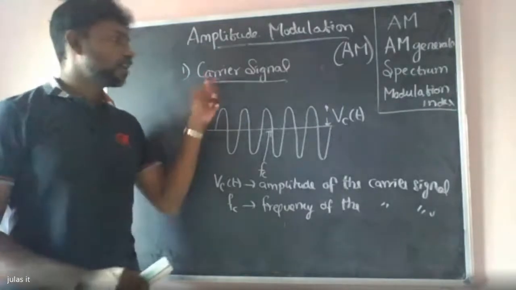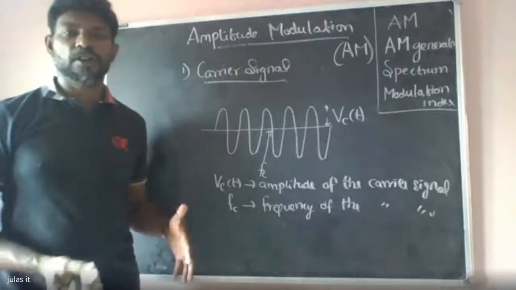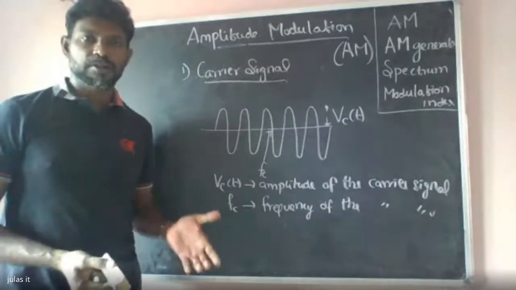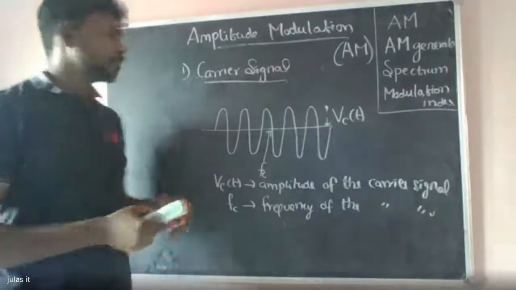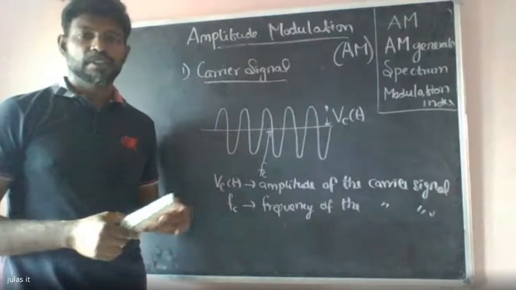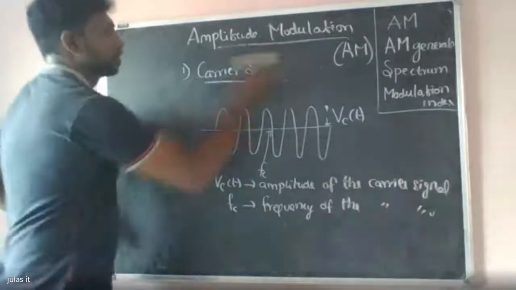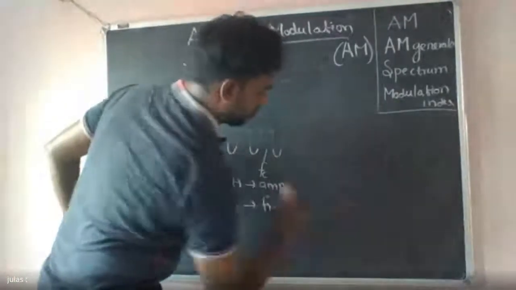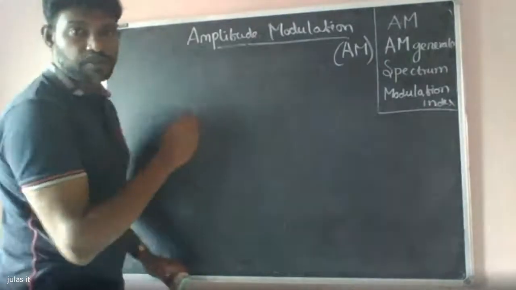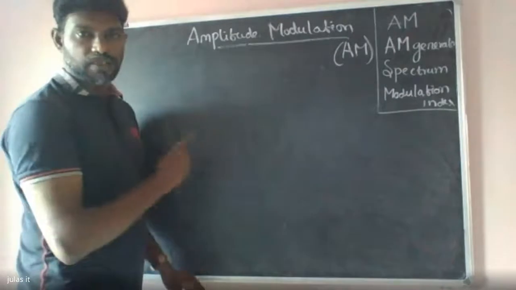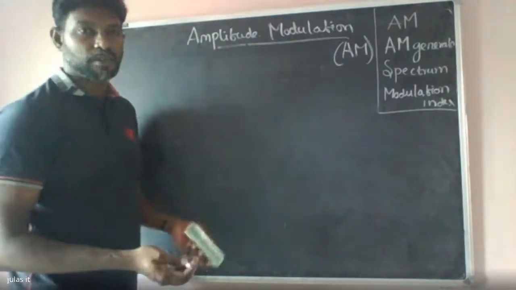Okay, so now we have finished the information signal or message signal. Second, we have finished our carrier signal. Both the diagrams we have finished, right? Now, third, we are going for modulation. Now only we are going to see what is meant by amplitude modulation, right? So first I draw the diagram of the modulation. Then I will narrate the definition of modulation, right? The diagram which I am going to draw will most of the time be asked as an eight marks question, right?